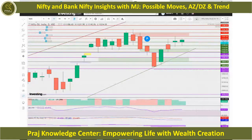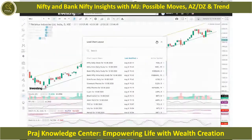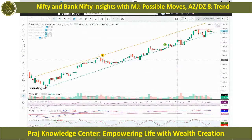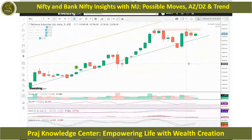So before we go to the intraday trade of Nifty, let's see what our Nifty constituents are doing. There are only 4 or 5 stocks which are moving Nifty upside. So let's look at one of the main stocks which has been moving Nifty upside and see what kind of momentum it is showing. So this is Reliance, and Nifty has moved a lot with the help of Reliance from the downside. Now for the last 2-3 days,